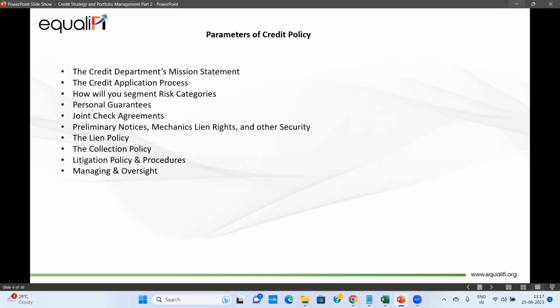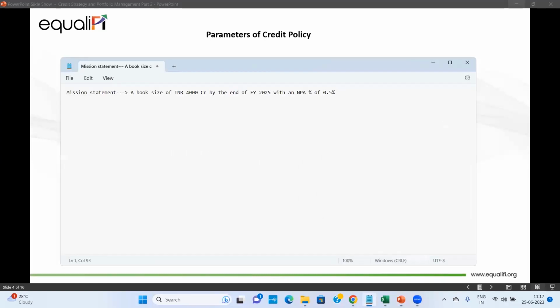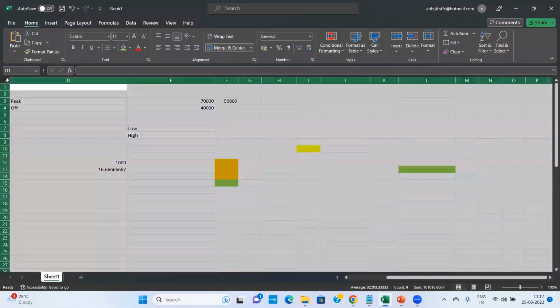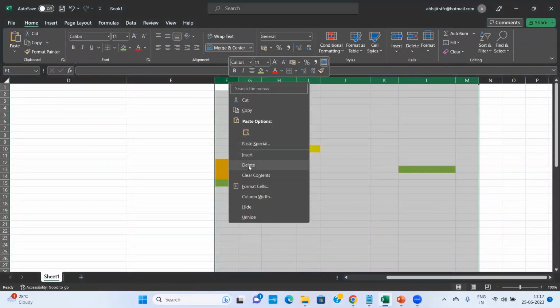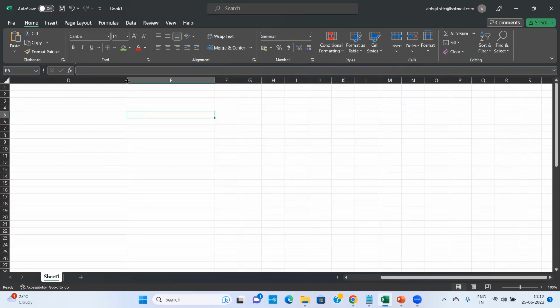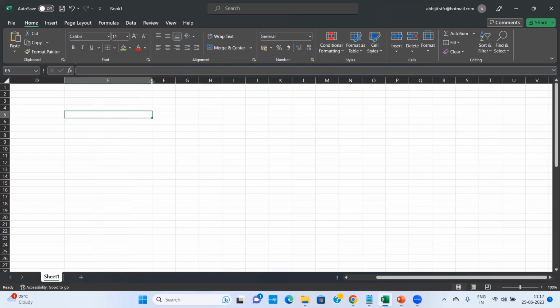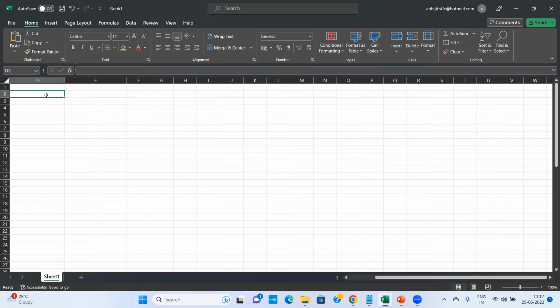Third, most important, how do you segment risk category, right? When I am categorizing risk, based on what parameters am I categorizing? Say, for example, category of customer. Category of customer could be FTU, FTB, retail,